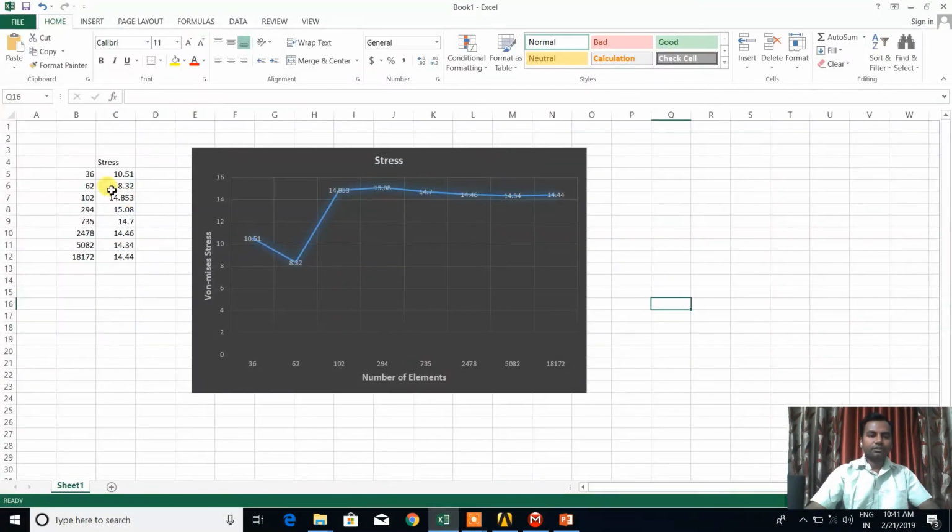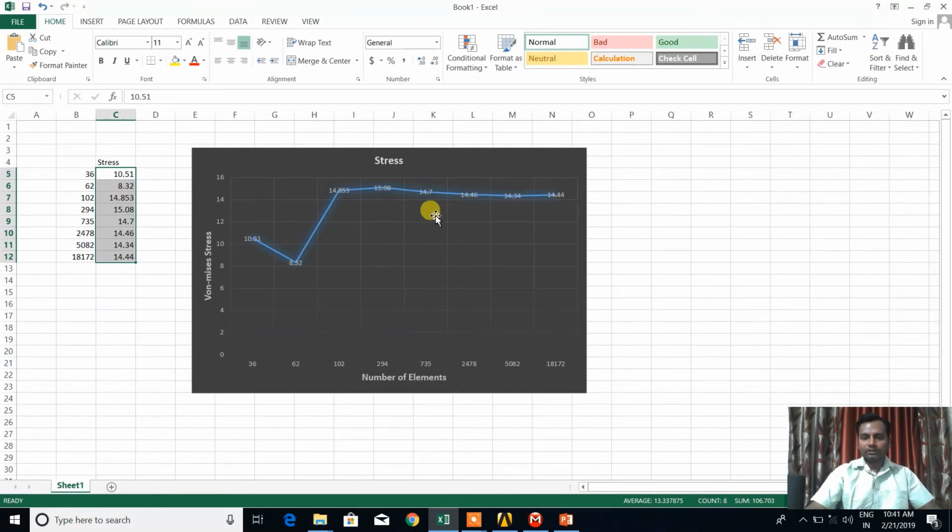Okay, so this is the mesh convergence: based on the number of elements, what is the value of stress. The graph indicates that the value changes for 36, 62 and 102, 294, and from 735 it is nearly constant.